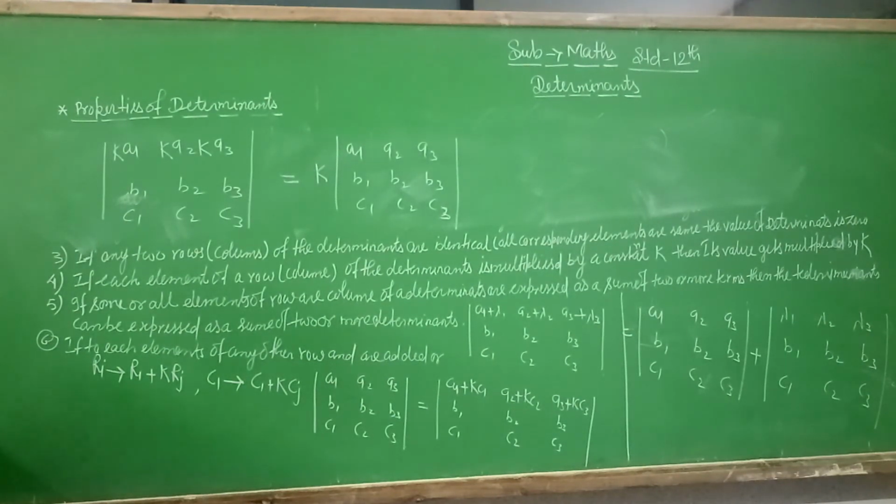Property number 5: if all the elements of a row or column are expressed in the form of a sum, then you can also express the determinant as the sum of two different determinants. Next, if each element of any row and column are